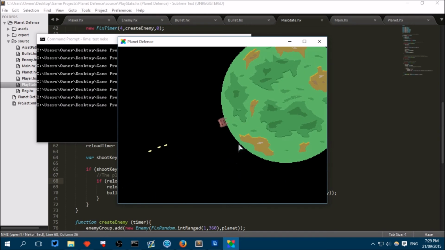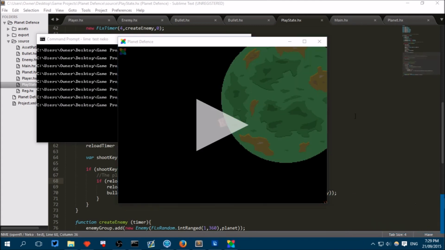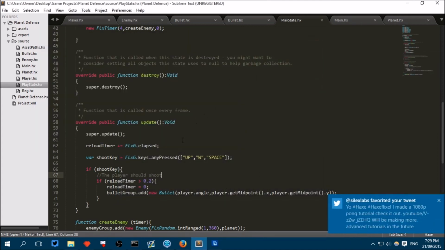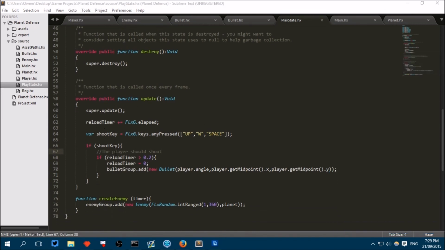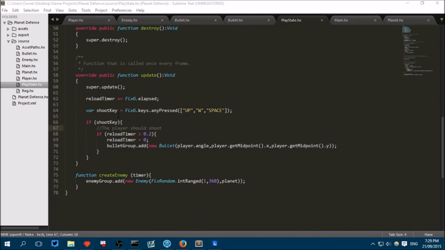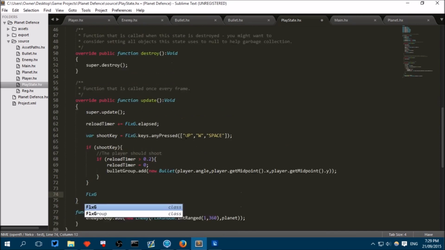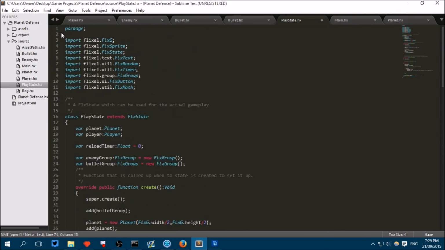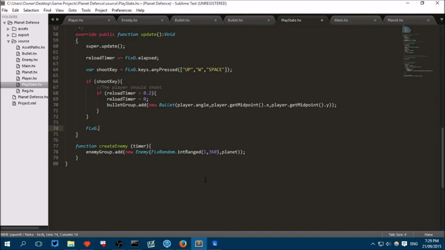So now we want to make sure that these bullets destroy the enemy. So in our update method, we can just create a collision check. So underneath all of this shooting stuff, we can say FlxG. For this episode to work, you've got to make sure you've imported that with import flixel.FlxG up the top of your PlayState class. It should automatically be there. FlxG dot